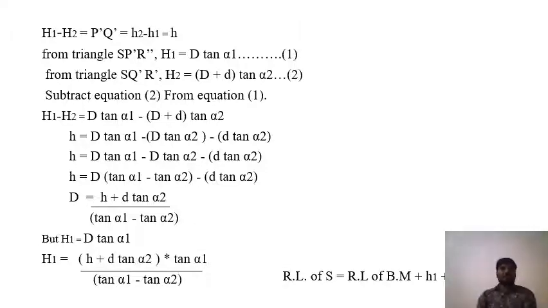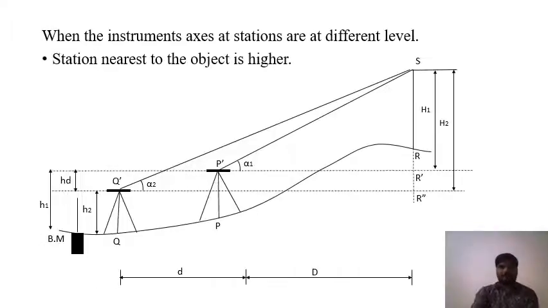Okay, D is equal to, it is a very simple form we have done before, taking D common and everything. If you try this, you will get this. So D is equal to (h plus d tan alpha 2) over (tan alpha 1 minus tan alpha 2). Okay, so here again we got D, but h is equal to D tan alpha 2, so we have found the value of D only, so we will put it over there, then we will get the equation, and that's it. This is the case if the object is higher.